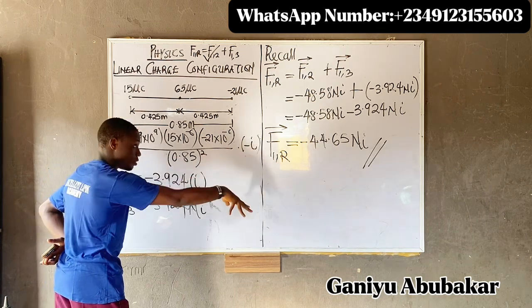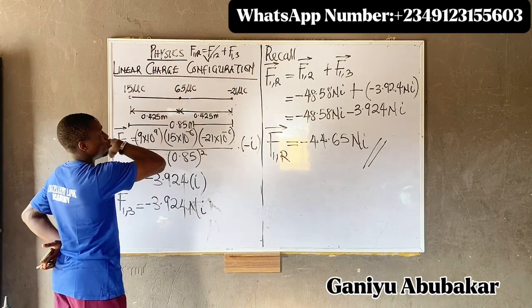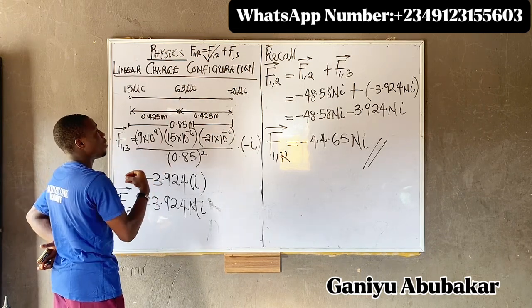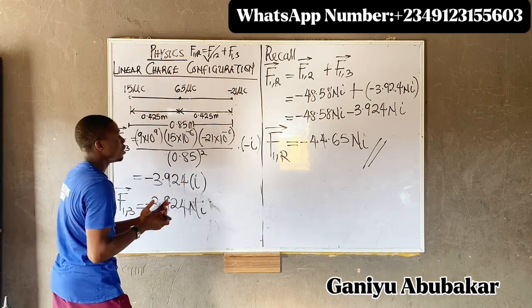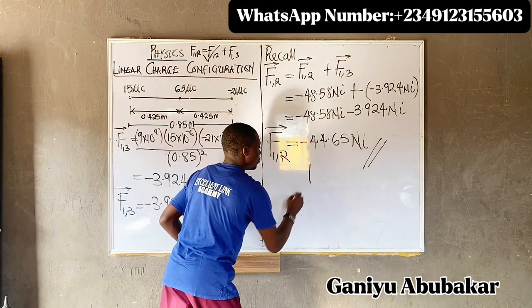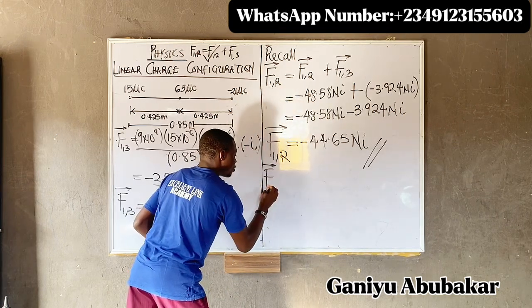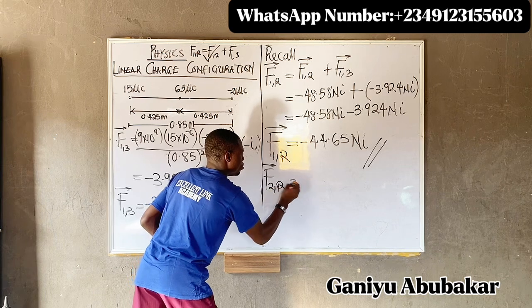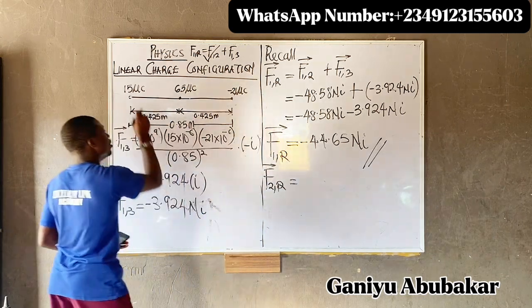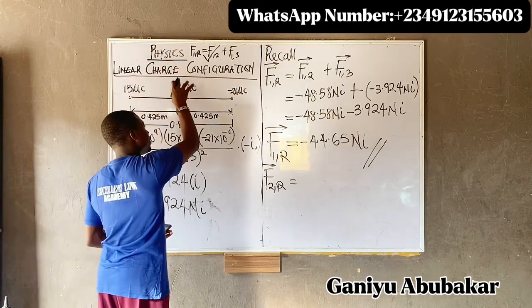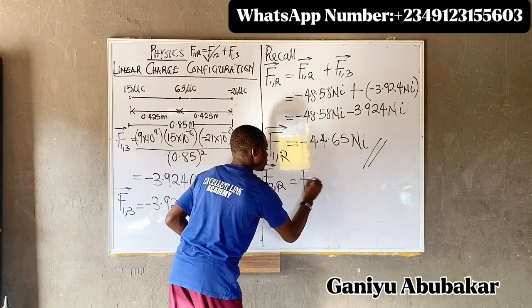I'm done with the concept. Let me show you something by solving charge Q2. Let's assume that I'm asked to find the resultant force at Q2, for instance. I want to explain something, please. Let's say I'm asked to find the force at charge Q2. So that becomes F2 resultant. This was F1 resultant because I'm dealing with charge Q1. So let's say I'm asked to find charge Q2 now, for instance. That becomes F resultant is equal to